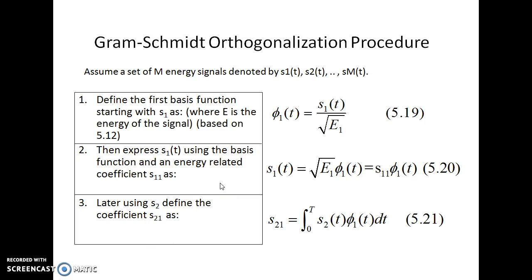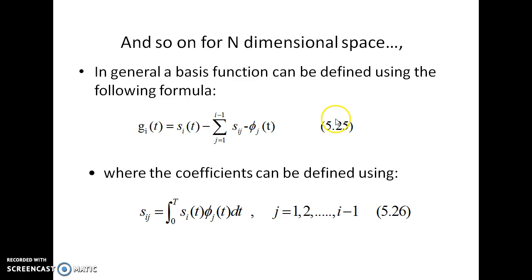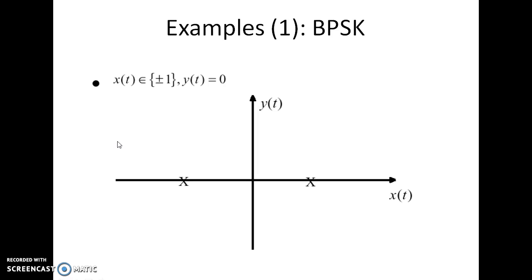So now the Gram-Schmidt procedure we will be applying. As we have already done, the quick steps are: find the first basis function, then find the second basis function, and find the next coefficients S21 and S22. When you find S21, you know S2(t), find the next basis function using g2(t). So phi 2(t), you have already done the second basis function, and go on repeating these steps, finding gi(t), and from gi(t) go on finding phi j, phi i(t), all the basis functions.